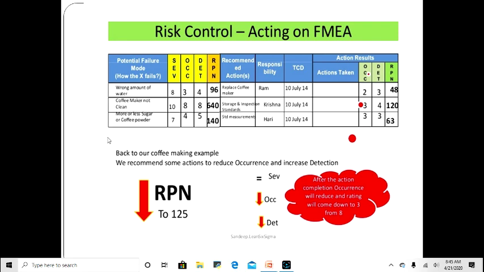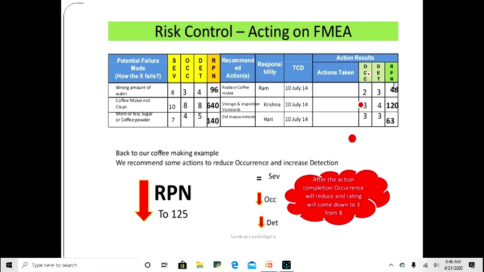Again, more or less you have to give more training to the people. For standard measurements, you're giving a small measuring cup. You're giving a tablespoon to measure the coffee powder and sugar, and you're telling them half a teaspoon is to be used. You have trained the person on using those standard measurements, and you have reduced the risk, and it has come to 63. So the RPN number is reduced, telling that the process risk is now reduced.